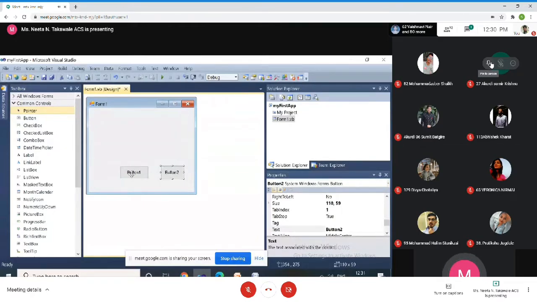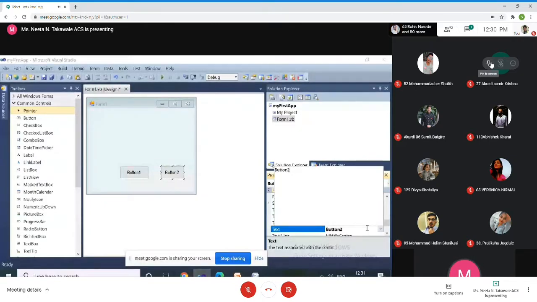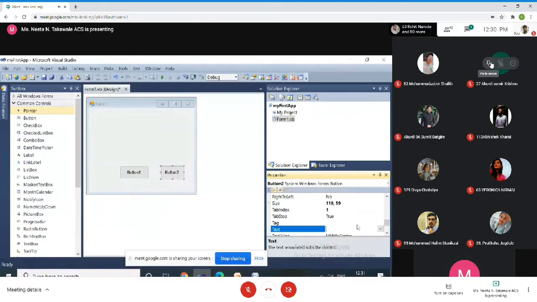For example here, Button2, the text is Button2. You can change it, for example here I'm going to change it. So using the Text property of the button you can change the label of that button.